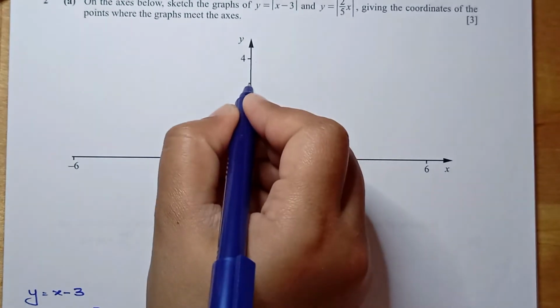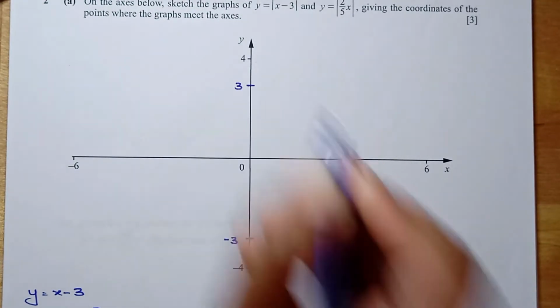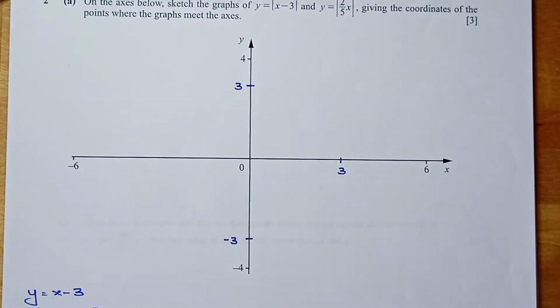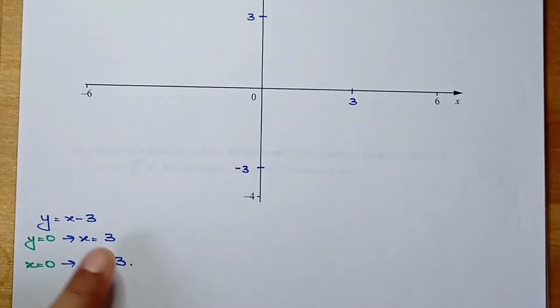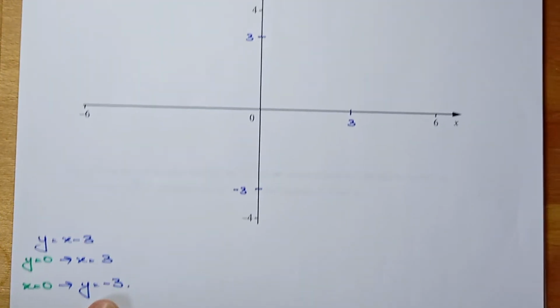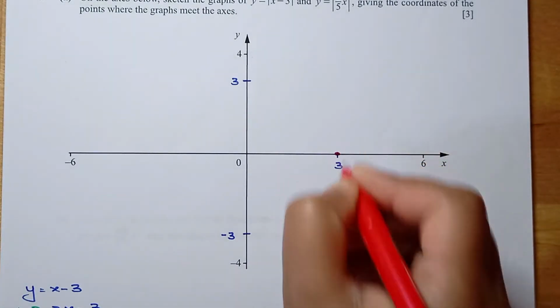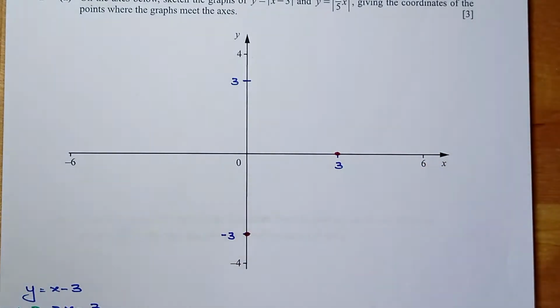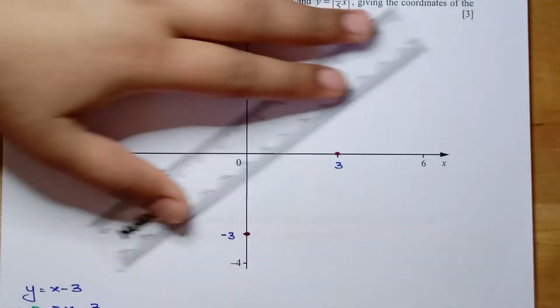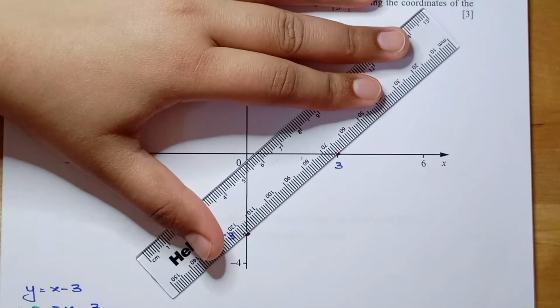Yes, and here we have positive 3. Right. Okay, so the x-intercept for the first one is 3 and the y-intercept is minus 3, right? So let me connect them: 3 is the x-intercept and minus 3 is the y-intercept. So if I can connect these two lines,